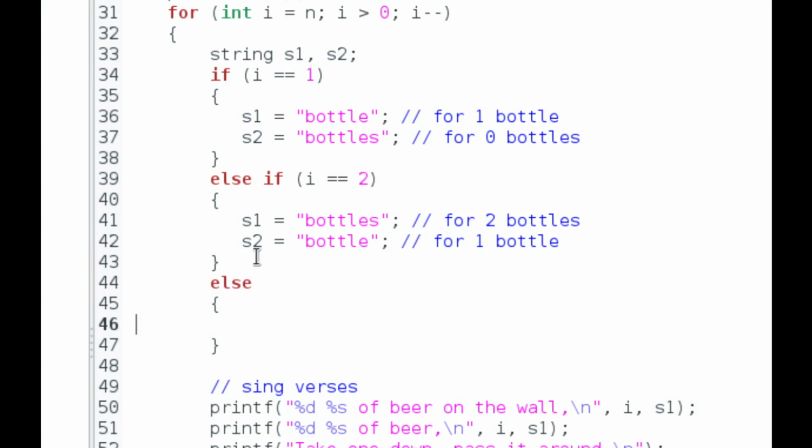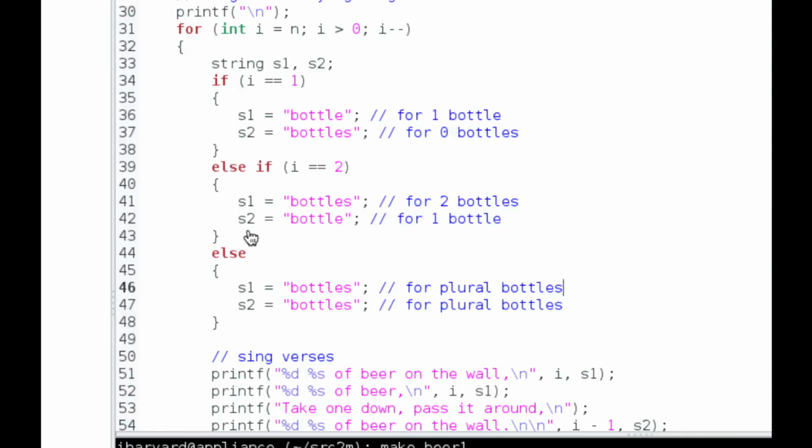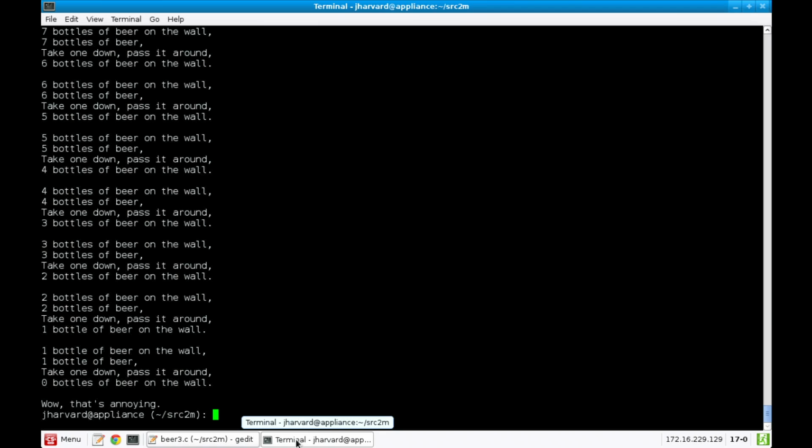And let me go in here and say s1 equals, what should it be here? Bottles, because in the common case, it's just the same thing. So equals quote unquote bottles. So for plural bottles, and then up here for plural bottles. OK, so now let me go back to my terminal window, recompile, rerun it, 99, whew,